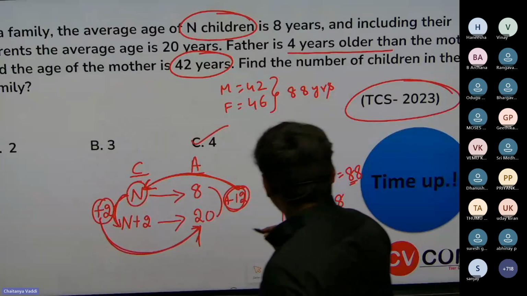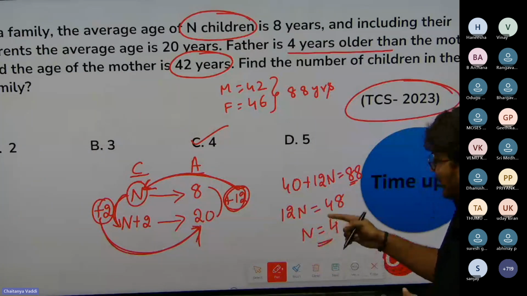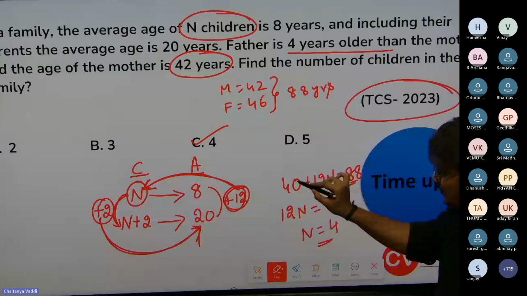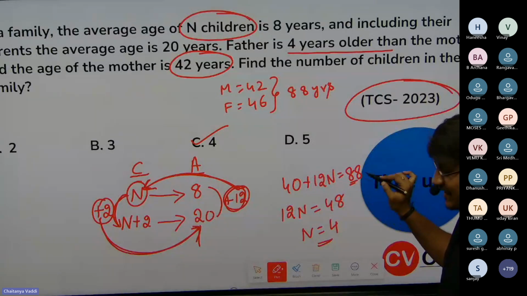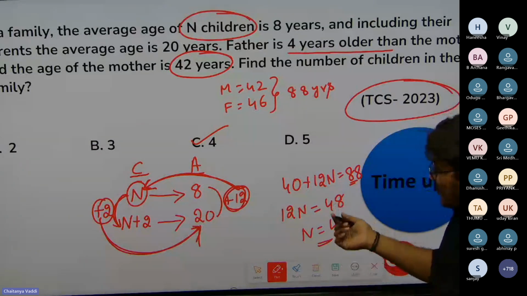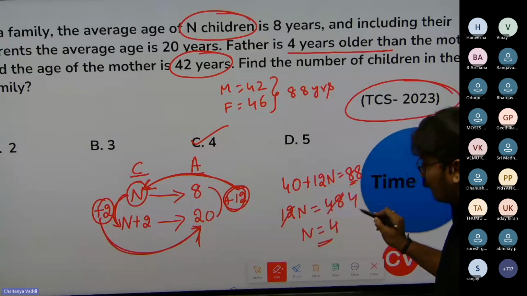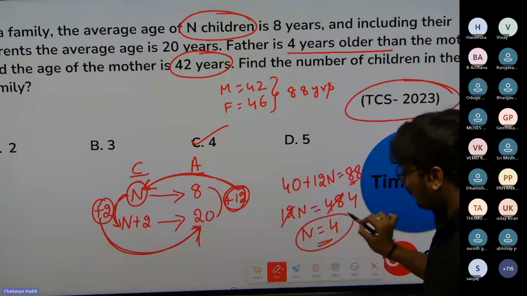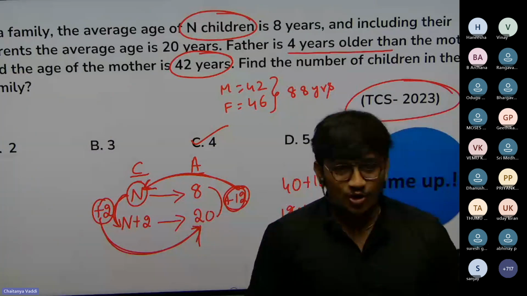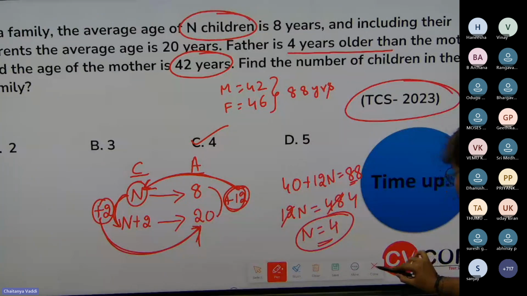Okay. So here somebody posted how we got 48. So very simple. If you take 40 to the right hand side, 88 minus 40, it is 48. So don't ask the question again like how we got the n value 4. 12 ones 12, 12 fours 48. So the answer is 4. I hope you all are clear. Let me give you one more question.